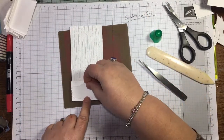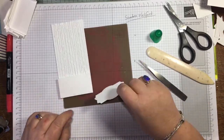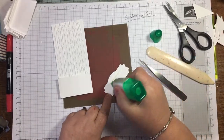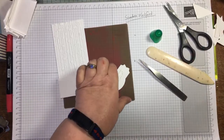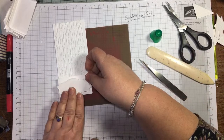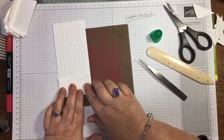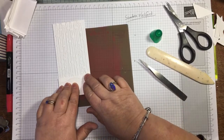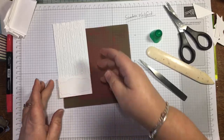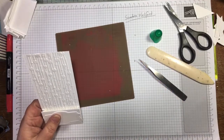I'm going to pop the die that I cut from Nature's Prints dies here as a wee panel on my box. Now you could decorate that, you could put it through an embossing folder, you could put a sentiment on it. Right, so that's one panel. So I've lost the blank for the card. So that's going to go...